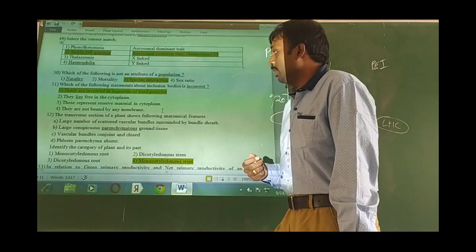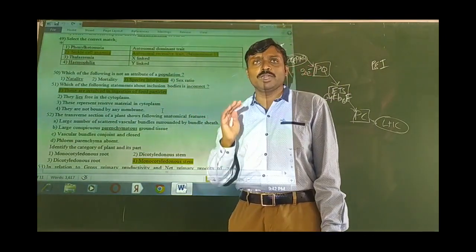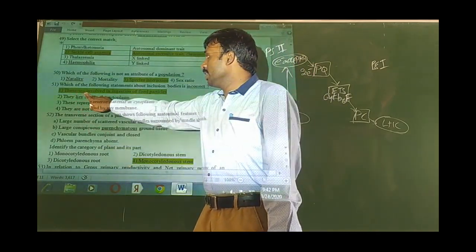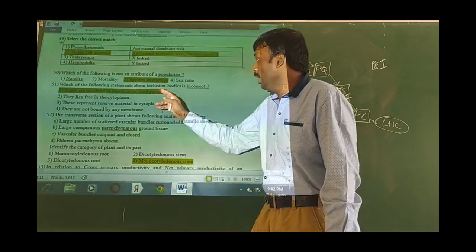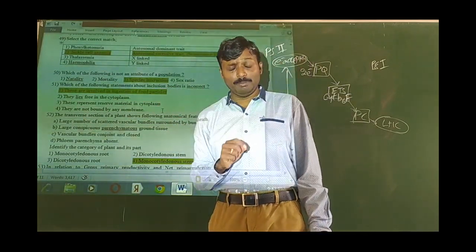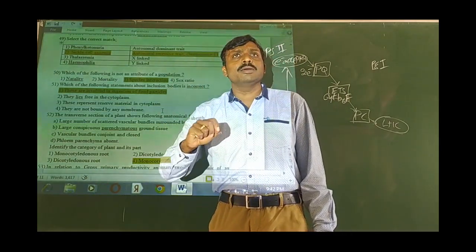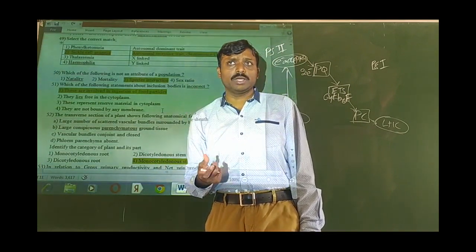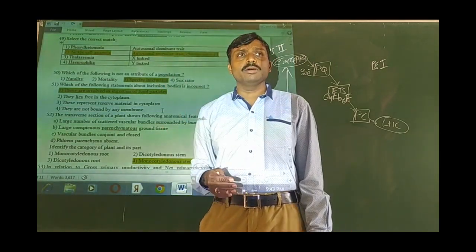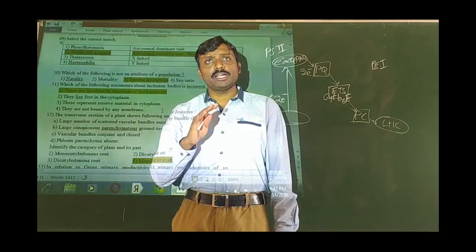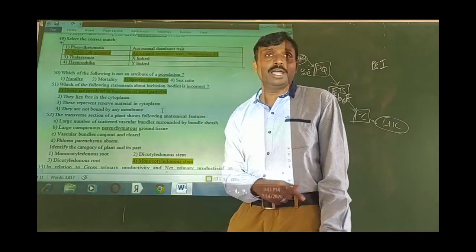Then moving to 51, which of the following statements about inclusion bodies is incorrect? This is from our Cell, the Unit of Life chapter from the first year syllabus. So these are involved in ingestion of food particles. They do not have any openings to take in food. Remember, inclusion bodies are micro particles present inside the cytoplasm of the cell. Generally we call them peroxisomes and glyoxysomes. They are meant for conversion of proteins and carbohydrates into simple molecules, and also conversion of fats into simple molecules. They don't take in any food materials. So that's why this is our answer.